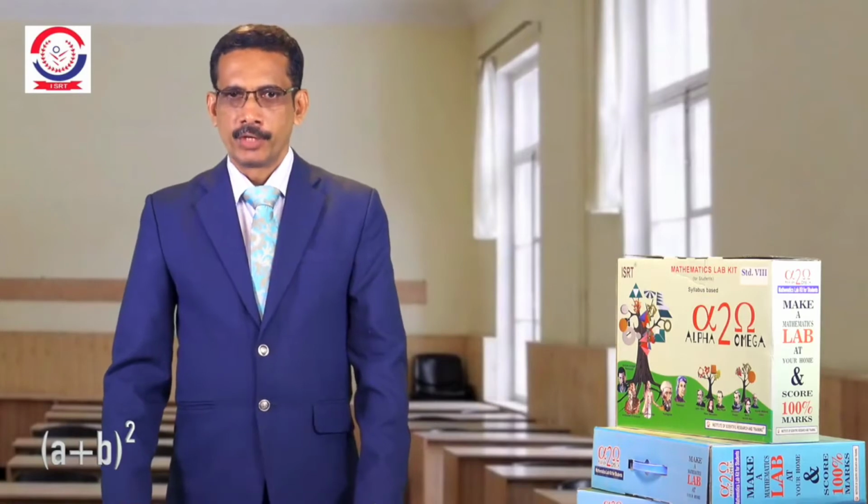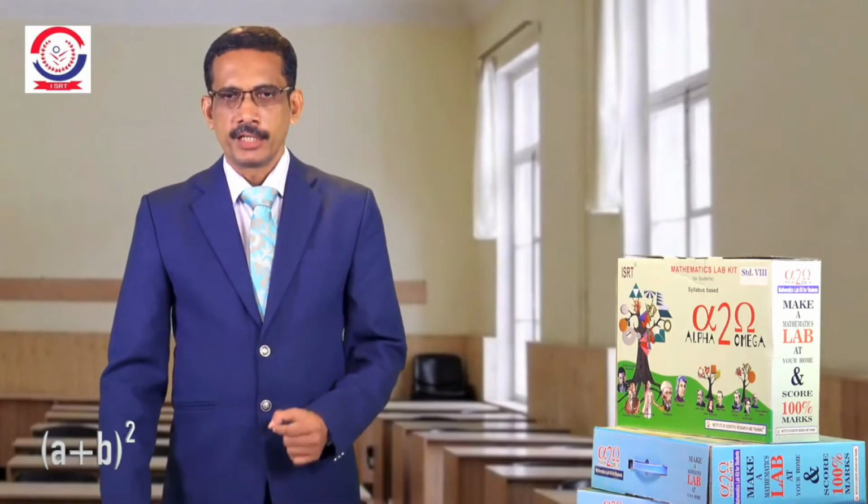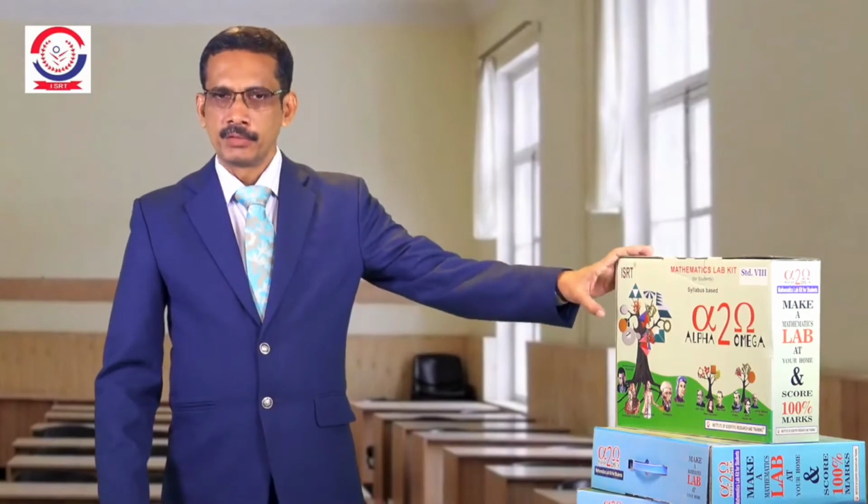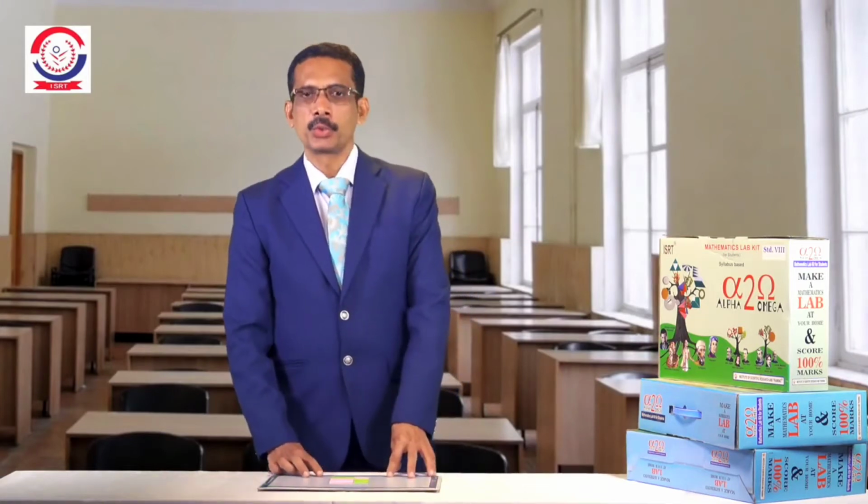Hi friends, I am very happy to introduce one of the best learning aids in Class 8 Alpha to Omega Mathematics Lab Kit, which is the expansion of (a + b) the whole square. (a + b) whole square is equal to a square plus 2ab plus b square, which is known as